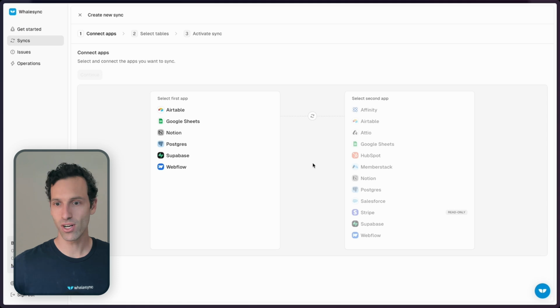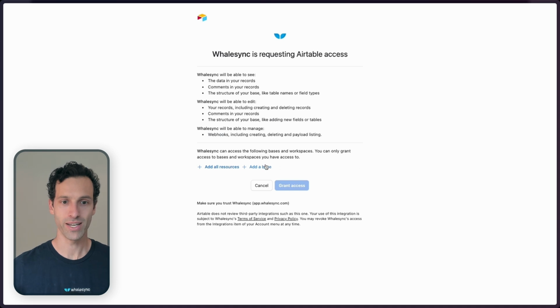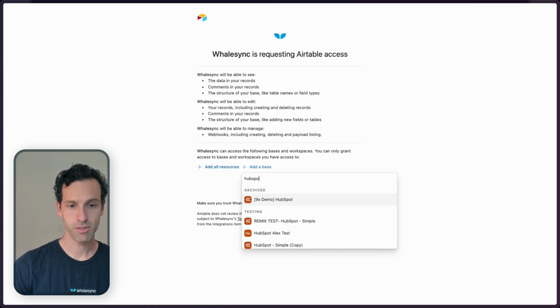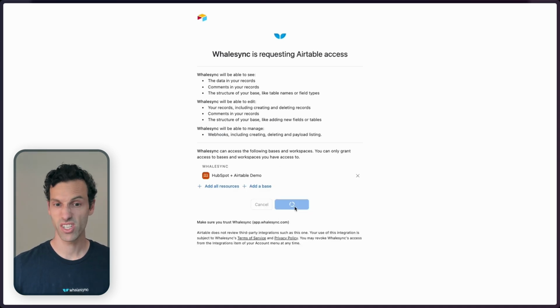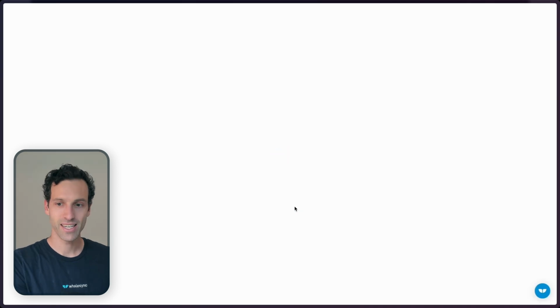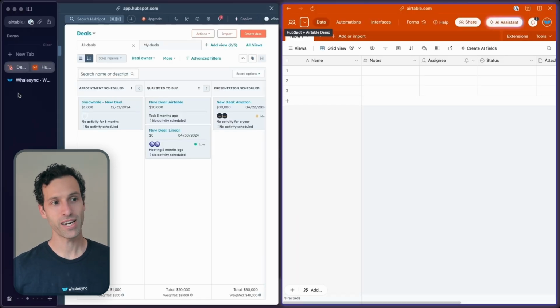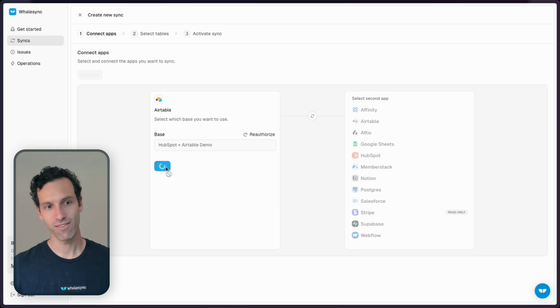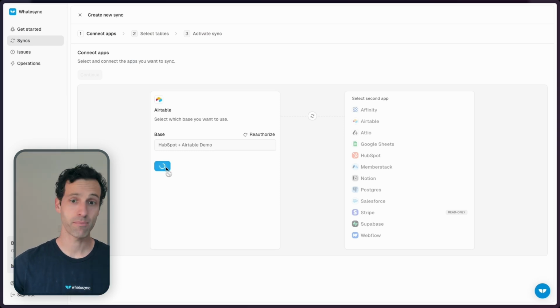Now, a sync involves, as you might have guessed, 2 different apps. So here we'll connect to Airtable first. And as you might guess as well, we're just going to need to authorize it. I've set up a base here called HubSpot plus Airtable demo, just so you get a sense of it. We'll give access to that to Whalesync. And from here, we're going to come back to Whalesync, save that connection, and go through the same process with